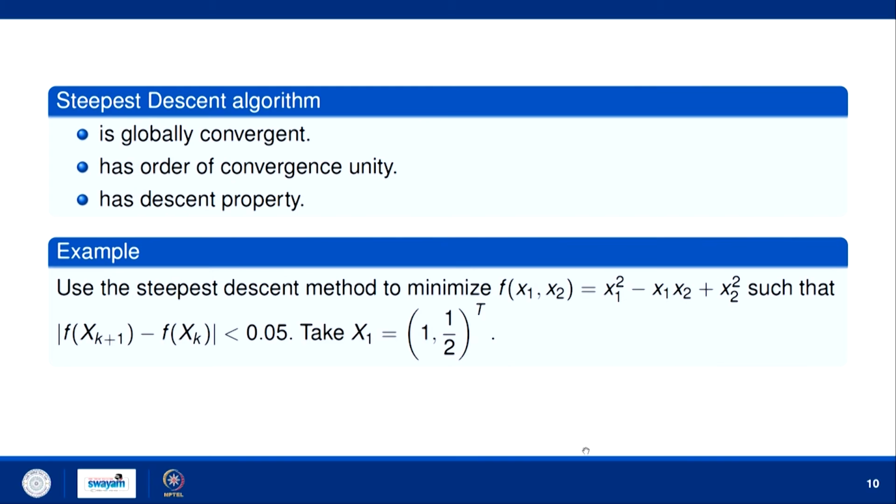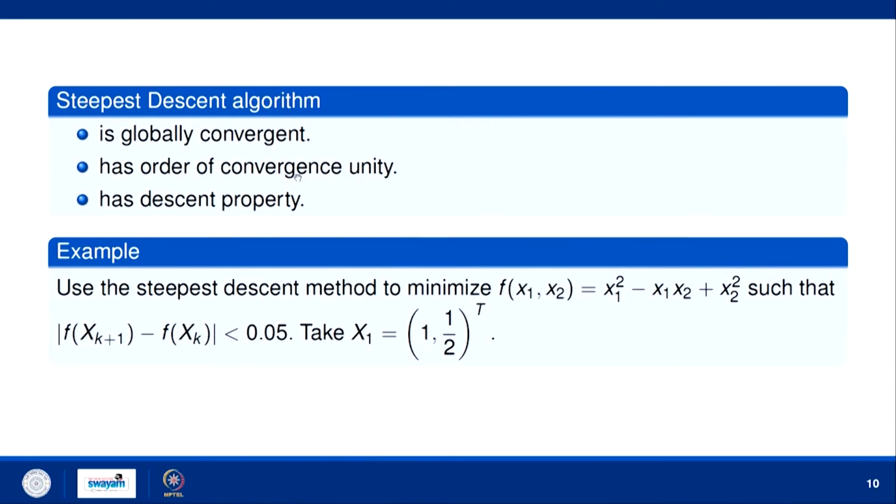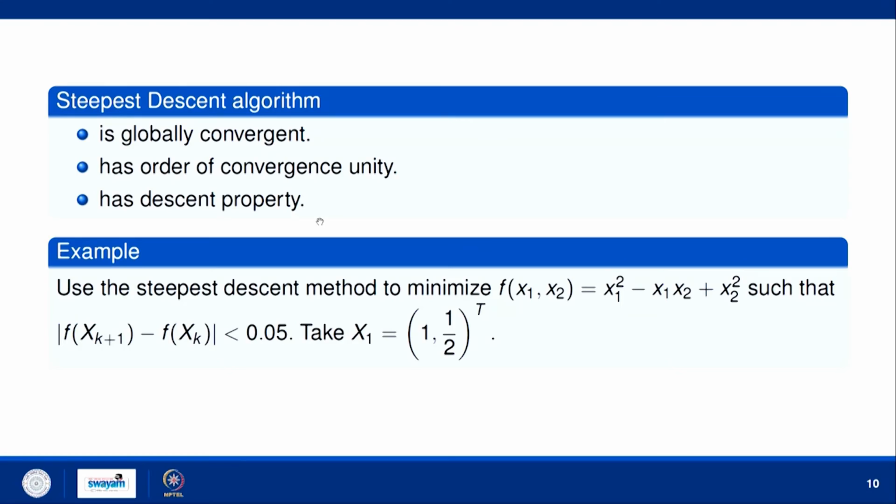Now, what are the properties of this method? The first property is that it is globally convergent. The second property is that it has order of convergence unity, that is p equal to 1 for this case, and it has a descent property. Of course, it has a descent property, that means f of x k plus 1 is less than f of x k for all k. That is an important property, and it is very easy to understand and easy to apply, which is why we use this algorithm in machine learning. So, let us discuss this